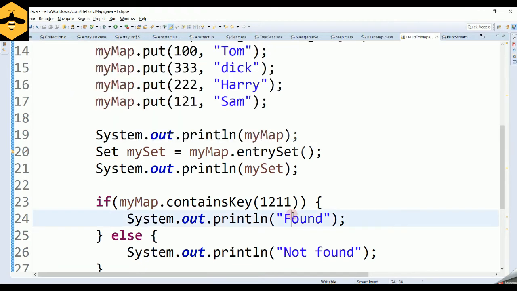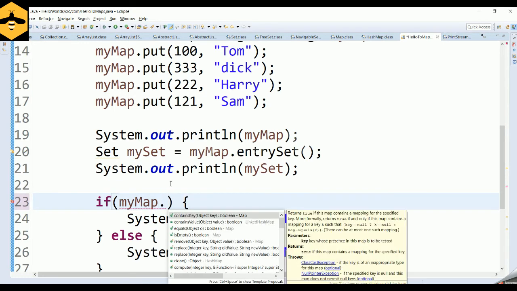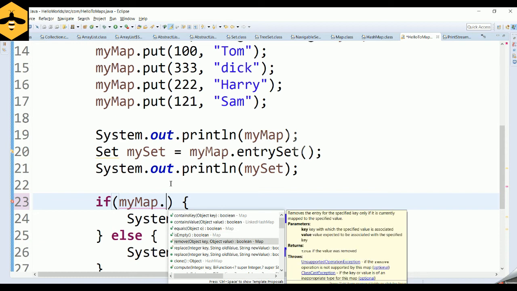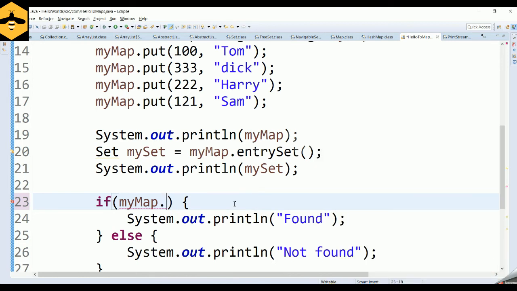There are a variety of other functions also which you can make use of. For example, you can clear your map, and you can also check whether your map contains a specific value or not. We can compare the objects, and you can check whether your map is empty or not. You can remove an element by its key, which I've already told you, and you can replace one element with another element. A variety of other functions are provided by this particular implementation of the map interface. You can play with that and learn more.